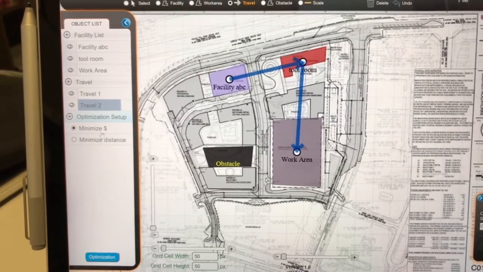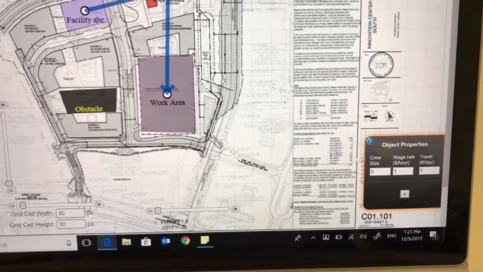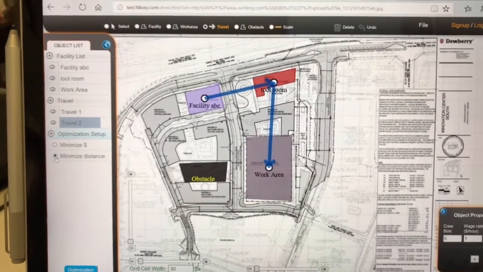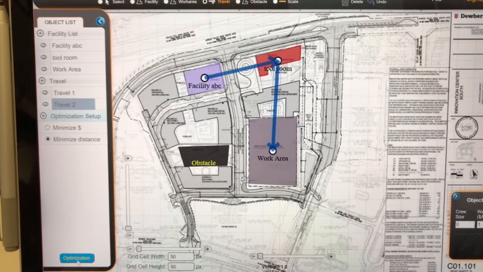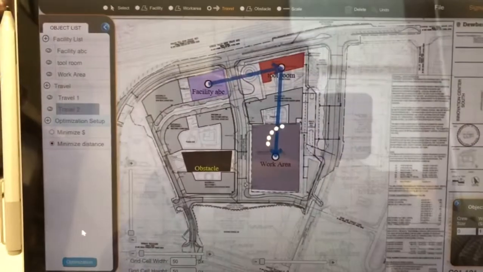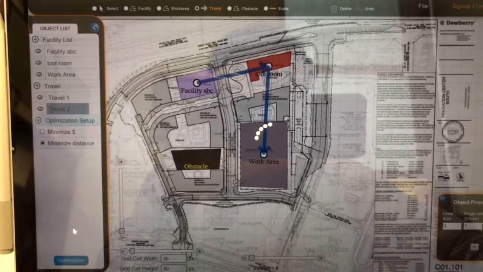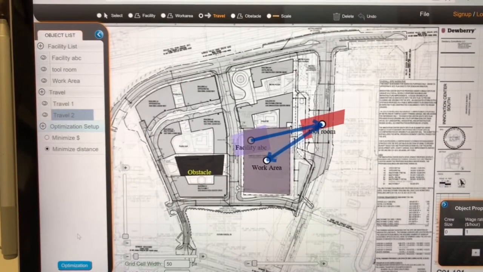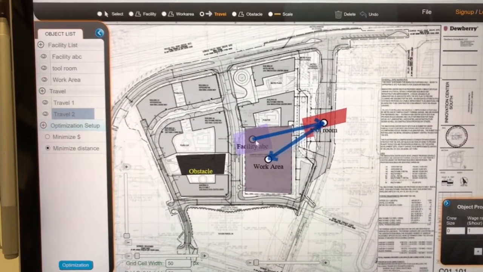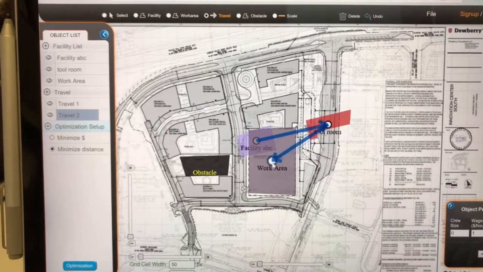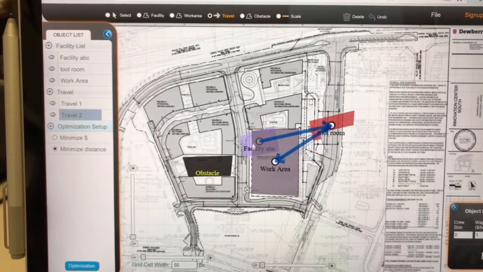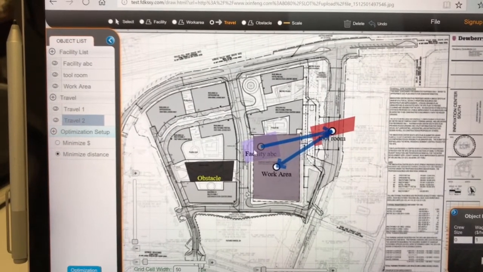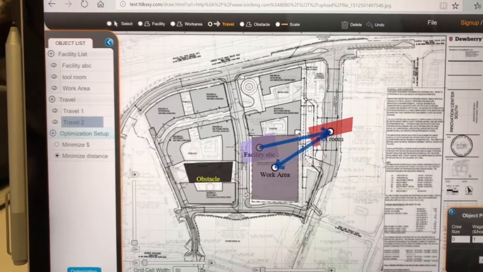You can try to minimize the dollar amount based on their wage rate and travel frequency, or just as simple as minimize travel distance. So once you're okay with the setup, everything, just click this optimization and just give it a second. Now the program on our server is actually running something called a genetic algorithm to optimize the location. Here you will see it's overlapping with the work area a little bit, which suggests you probably should consider dividing the facility ABC into 2 separate facilities, and then you can rerun